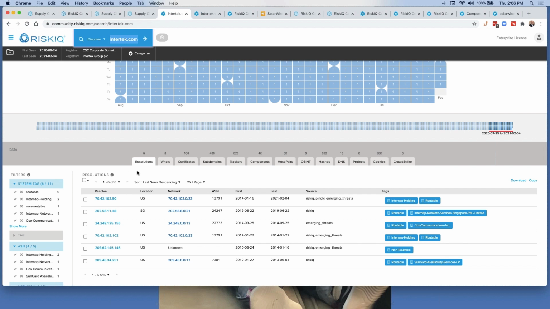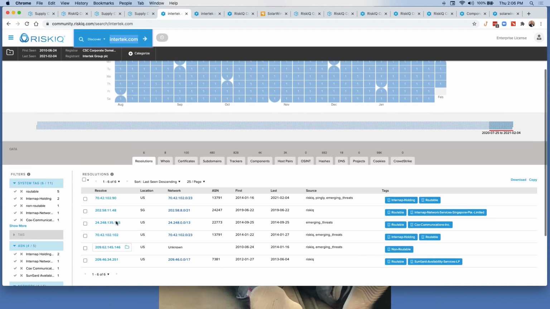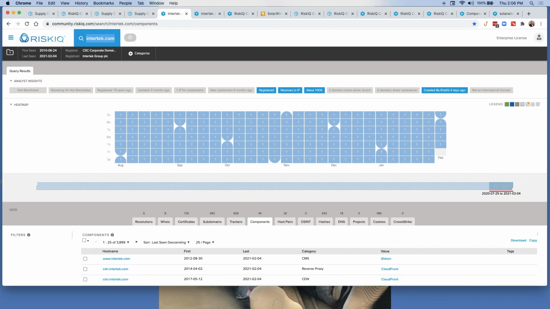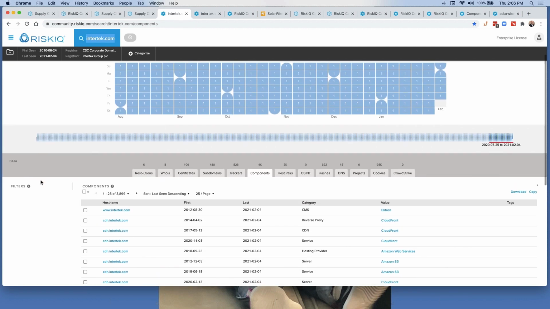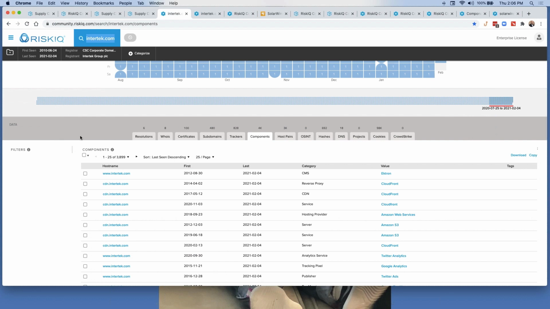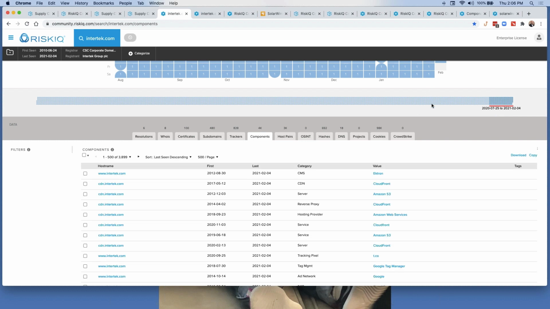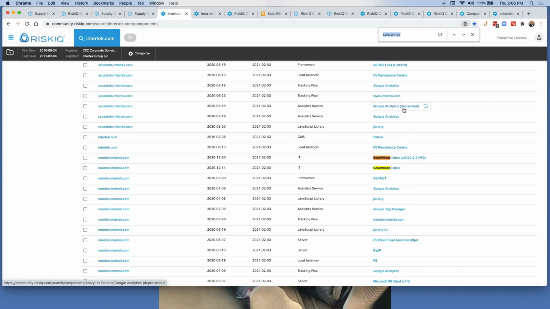We can see in these resolutions here, we can see everything that comes back to us. And then if we come over to the components, as we just looked at on the previous page in that article, okay, we can see here. So now, if I just expand this a little larger, so we're looking at a bigger data set. Okay. So I see that we use Amazon, CloudFront, Facebook for ads, yep. If we search in this page for SolarWinds, we could see here that this version of SolarWinds that's here,